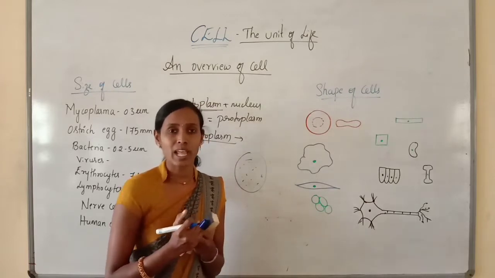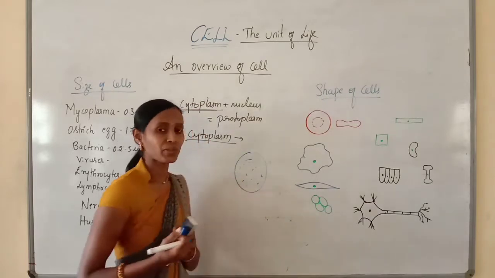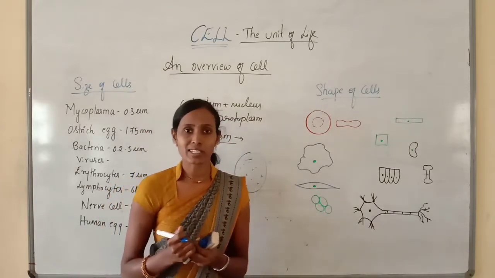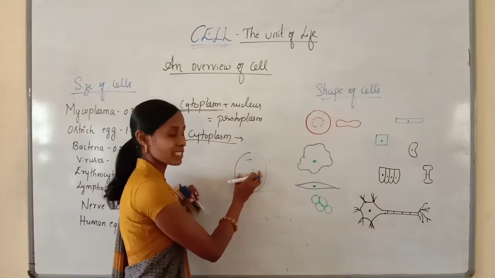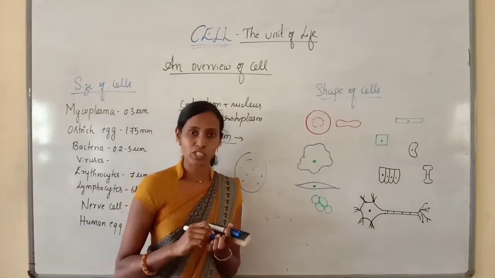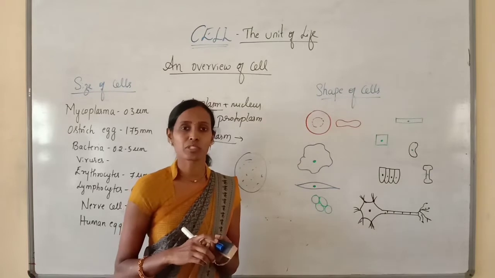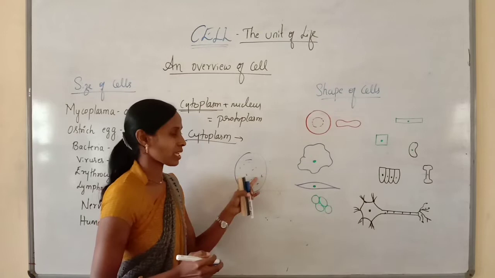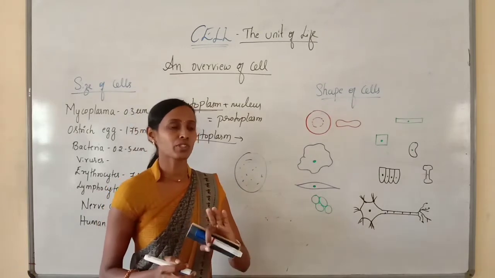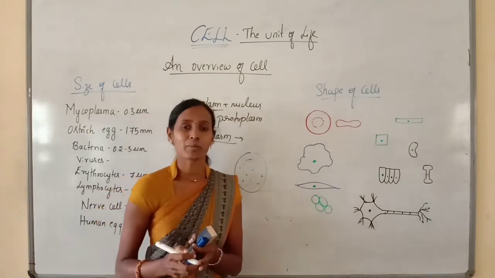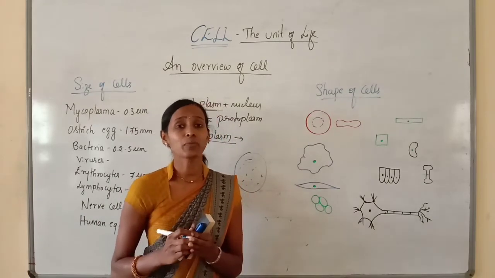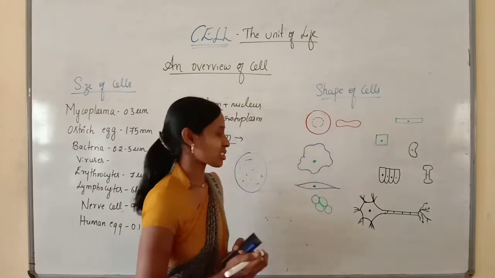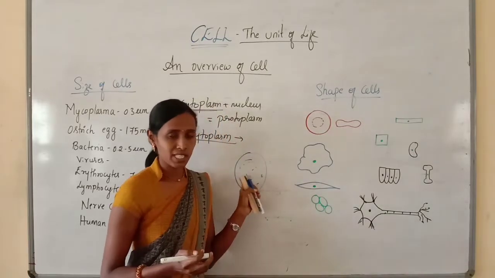So what are these cellular activities? Here cellular activities are nothing but biochemical reactions. Most of the biochemical reactions take place within this cytoplasm. When you study the respiration and photosynthesis chapters, you will understand which types of biochemical reactions take place in the cytoplasm. Here, you just remember that cytoplasm is a semi-fluid and is the site for most of the cellular activity. The majority of the biochemical reactions take place within the cytoplasm.